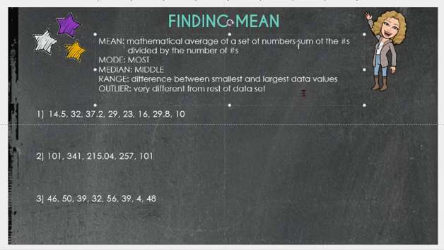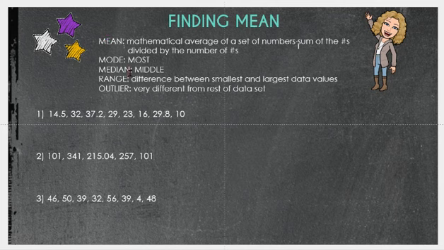Okay, today we're going to talk about finding mean. I do have the definitions here for the different measures of center, mean, median, and mode, and I have range and outlier here as well. Mean is what we're going to focus on today, the mathematical average of a set of numbers, and we find that by finding the sum of the numbers and then dividing by the number of values